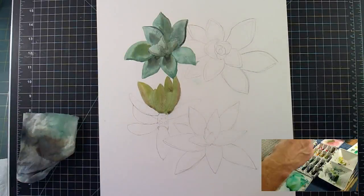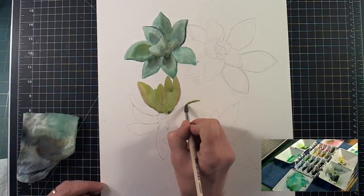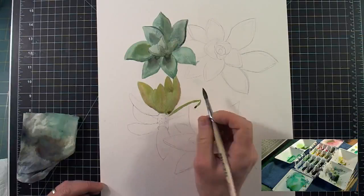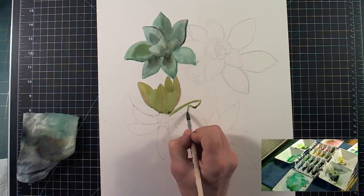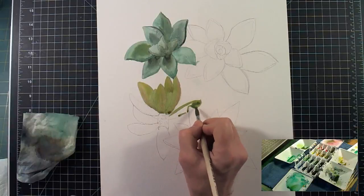Let's see. I'm going to continue on down with these. There we go, and I'm being very careful to paint around our next one down here. I should say when I start